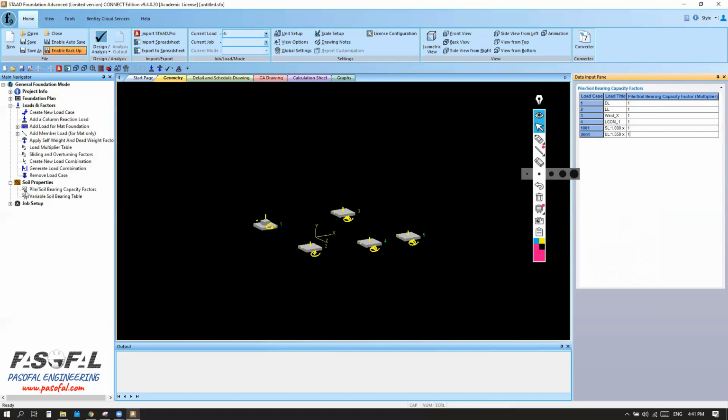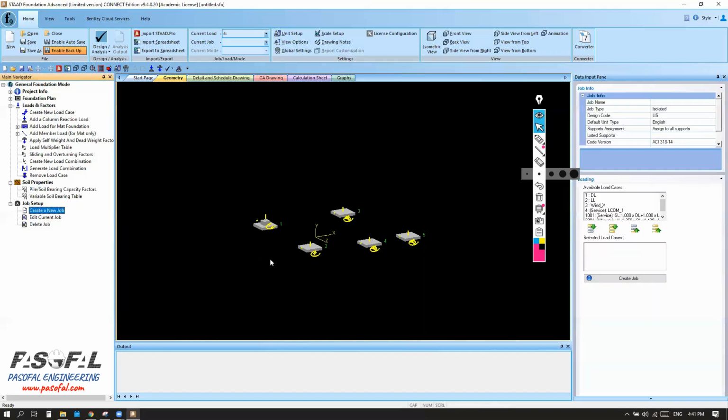Okay, and then close this. So the last one is actually nothing, variable soil bearing table. And then after that, I can go to create a new job. So then I can go to create a new job. From here, I can say that again,